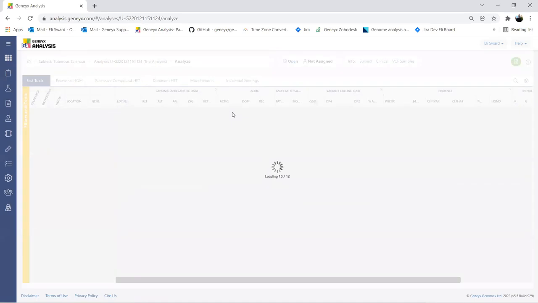And so what this is doing is it's going to load the variant dashboard. So the variant dashboard includes information that's being pulled in from the VCF file, as well as the different genetic models that have been applied. And so one of the great utilities about this is it's very intuitive in terms of the information that is being displayed. And so once this loads here,